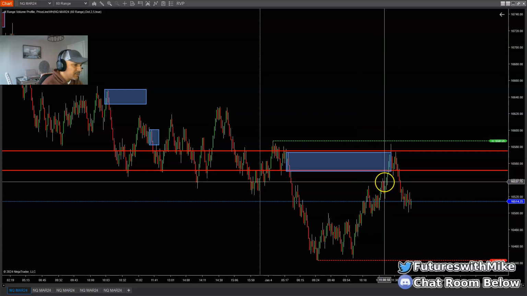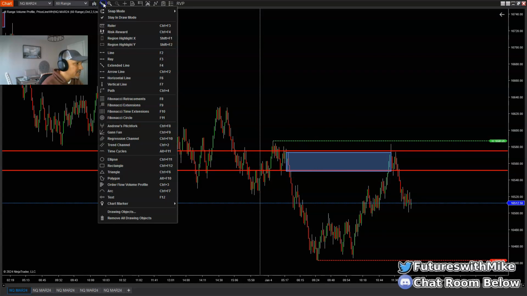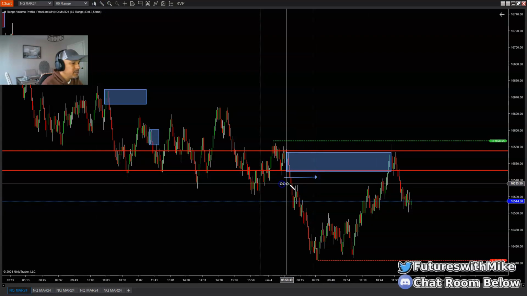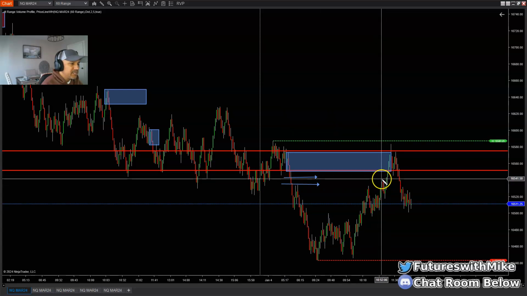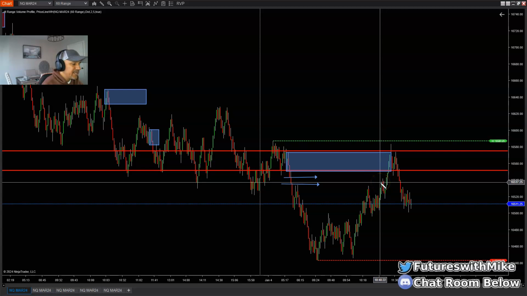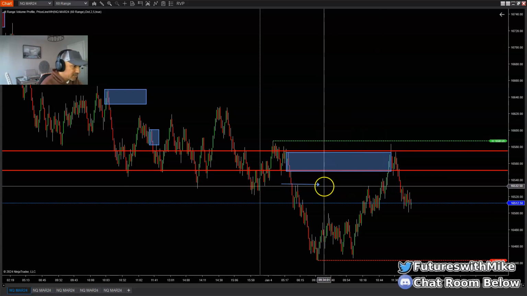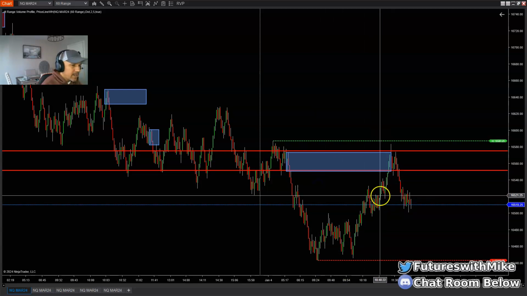So the market started retracing back, and it started rejecting right here within this area, from right here to right here. If I was to draw this out, you would see that there's an area of imbalance right there. The market started rejecting that, and all I was looking for was a quick scalp at that area of imbalance, back down to this area around 521.